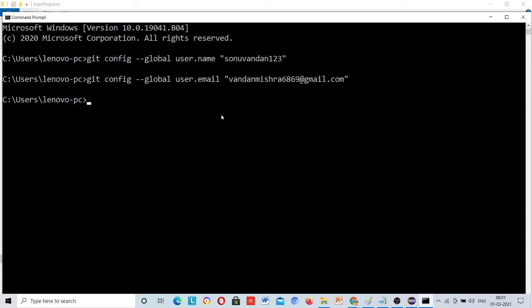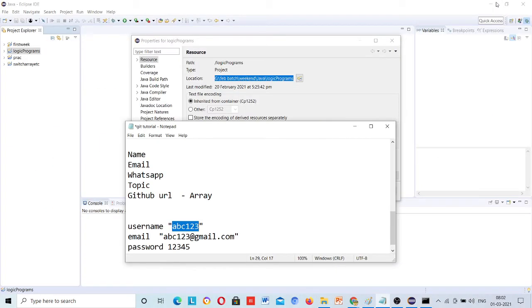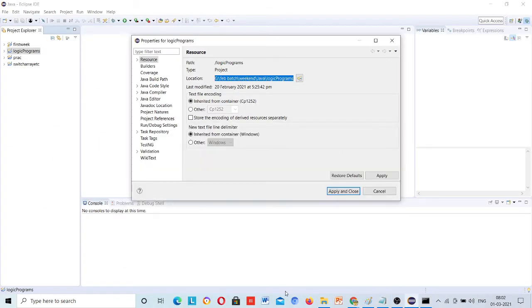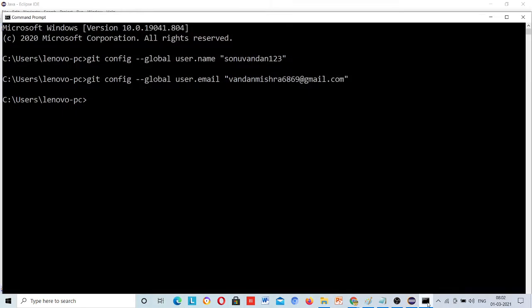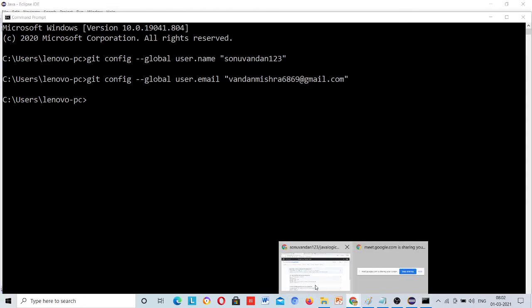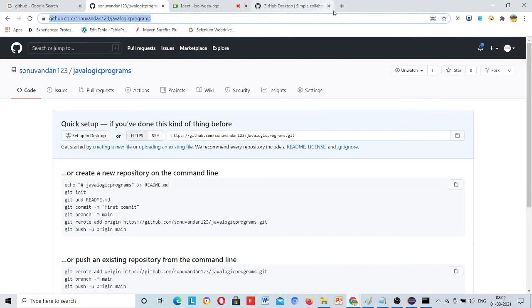It hasn't asked me the password. But in your case, there will be a pop-up coming in the background. Once you close it, the pop-up will generate, either Internet Explorer or something else. I will show you. The pop-up will be coming.